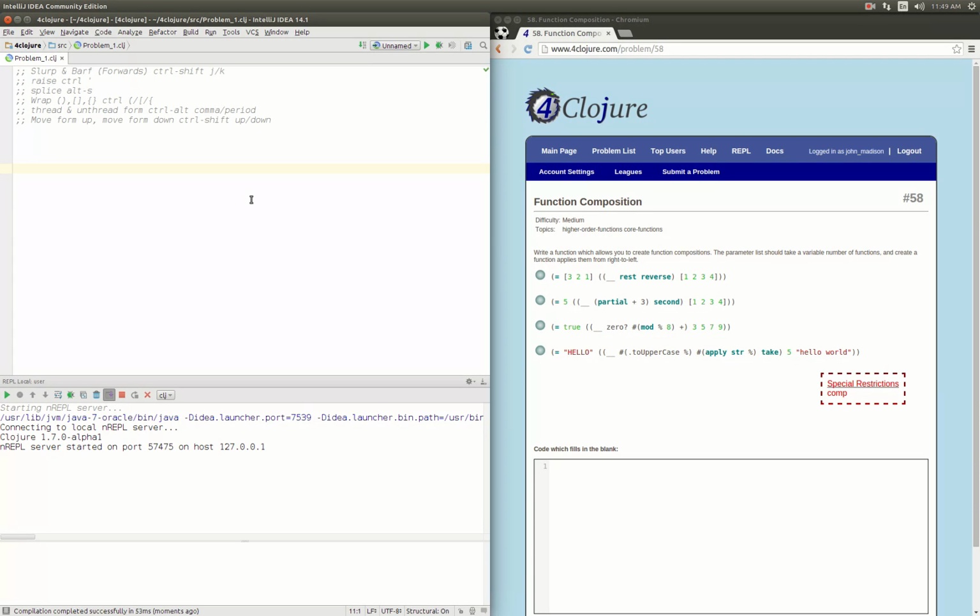Function composition. Difficulty medium. I think it's a little harder than medium, but they call it medium. What we're going to do is write a function which allows you to create function compositions. The parameter list should take a variable number of functions and create a function